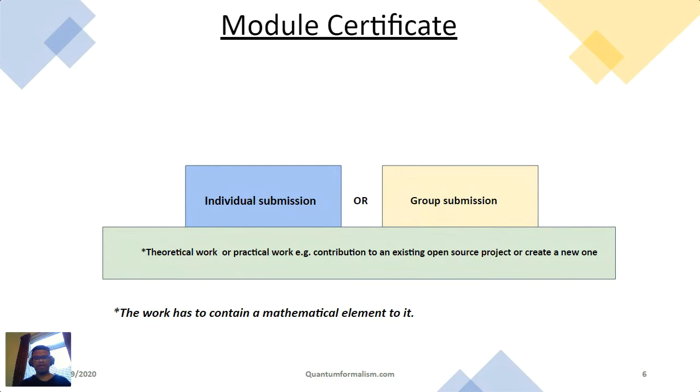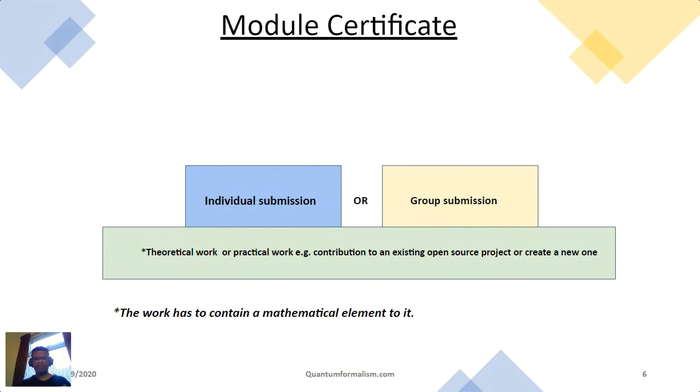So this will help you with your diversity, maybe to pick up an interesting problem to solve. And another reason for doing group submission is that some of you might find some of the mathematical concepts easier than others. So by having a kind of mixture, you help each other. But you are also welcome to do an individual submission if you like.